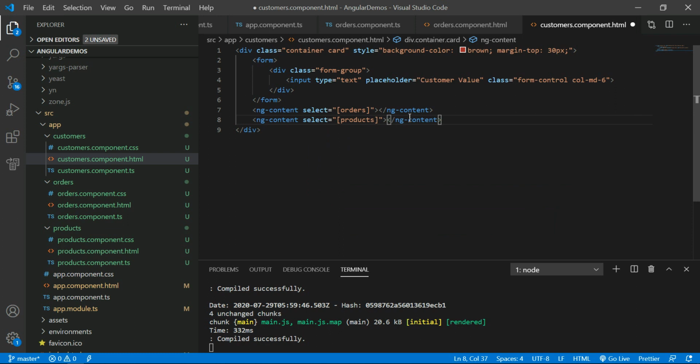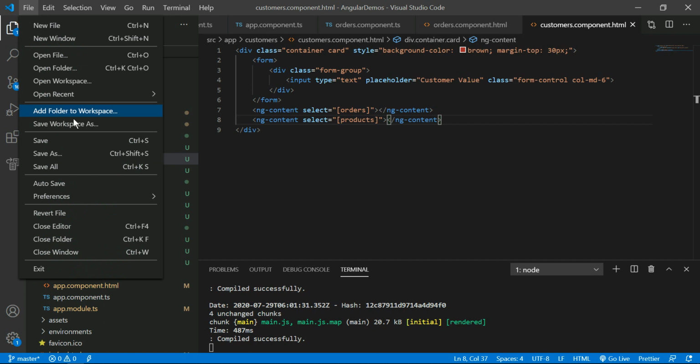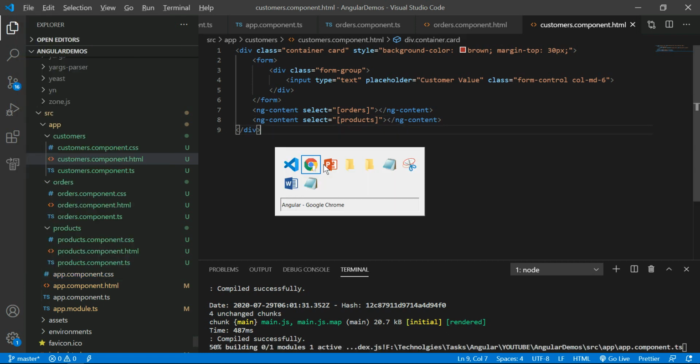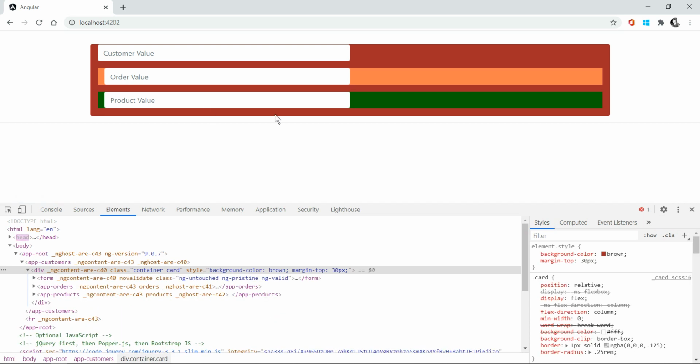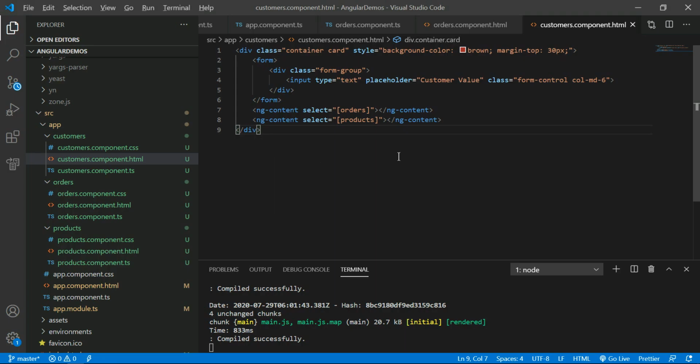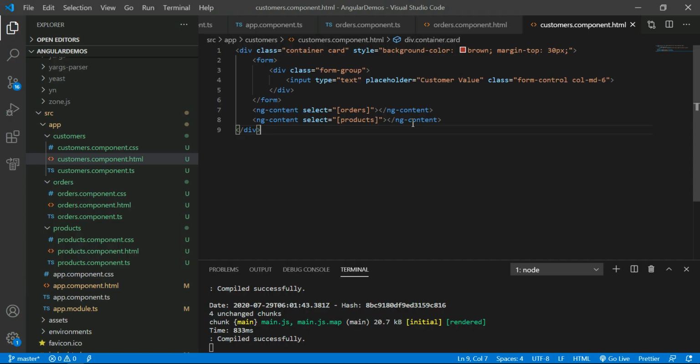Now you can see the output. Multiple ng-contents are available, and each ng-content has a different reference. Same output, right? Different expressions, two different components.